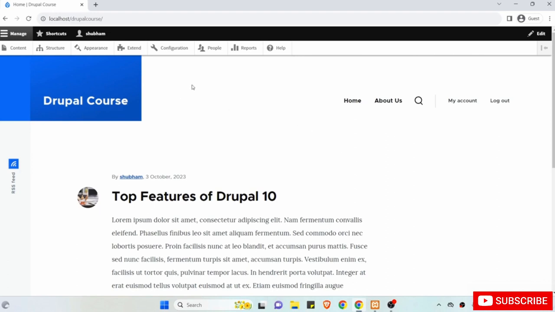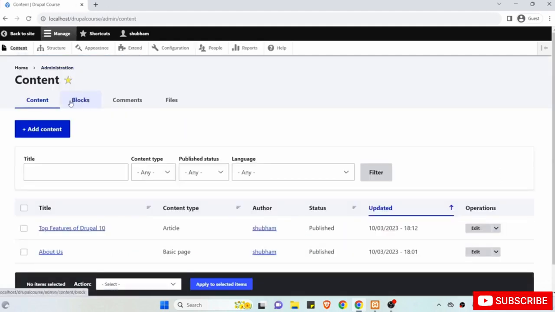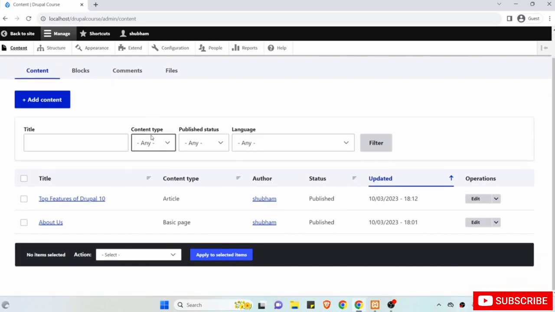To edit any type of content, you can just go to this content area. So you will arrive at the all content page. Here on the all content page, you will find the links of all the content pieces that you have created. We have created two so far. We have created an article and then we have created a basic page. You can see the content type here. You can see their title, their author, their status, and you can see when it was published,